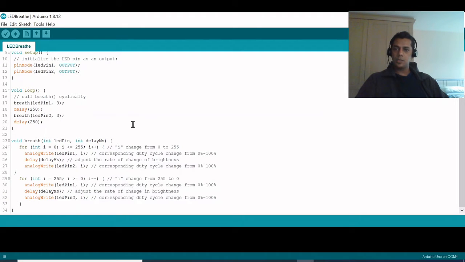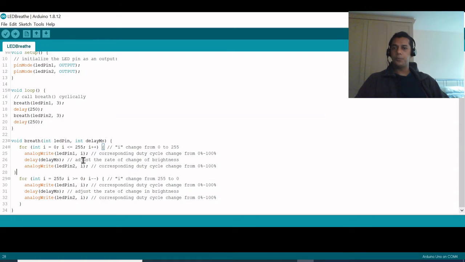In this program I will be leveraging the analogWrite method of an Arduino to map the duty cycle of a PWM wave with the intensity or the brightness of the LED.